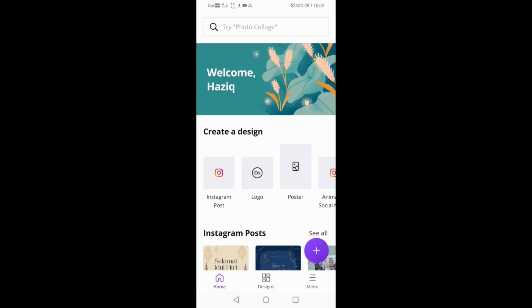So make sure that you have this. If not, you might want to click on the back button before you find the same page as what you are looking at now. So you are going to have this where you can create a design for your Instagram post, for your logo, or your poster. So what we are going to do today is we are going to make a card. So scroll a little bit to the left and find this card. You should find this card. Okay, click on card,